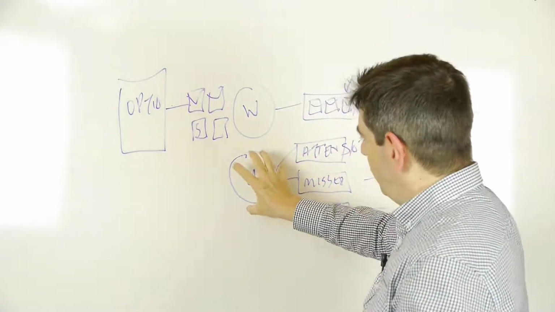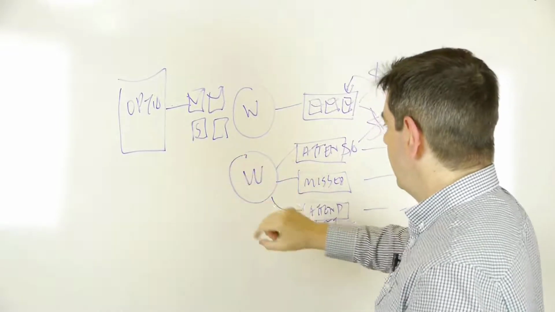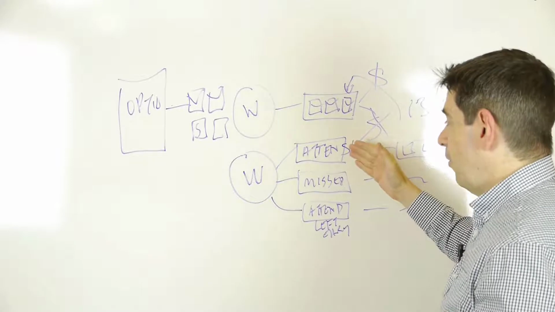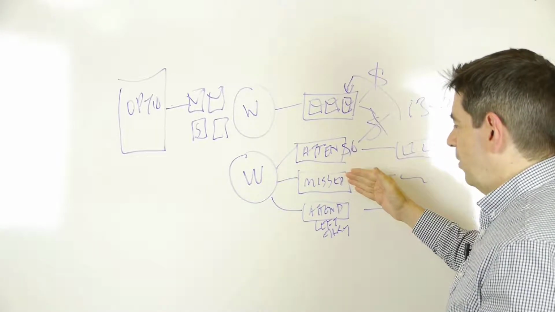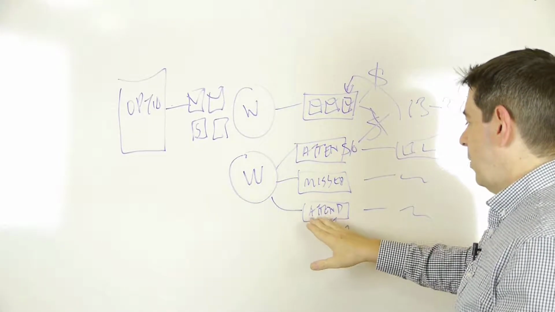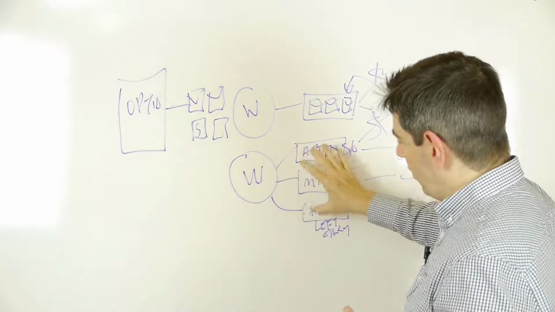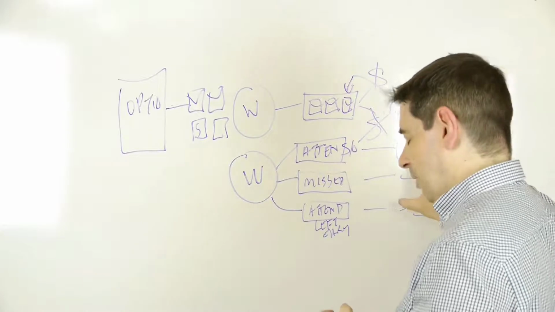What we've found when we've run tests with our audience and for our clients is if we split people after the webinar, we'll split them into people who've attended the webinar and seen the offer, people who've missed the webinar, and people who've attended the webinar but left early and not seen the offer. So we can split those into different routes and have different messaging.